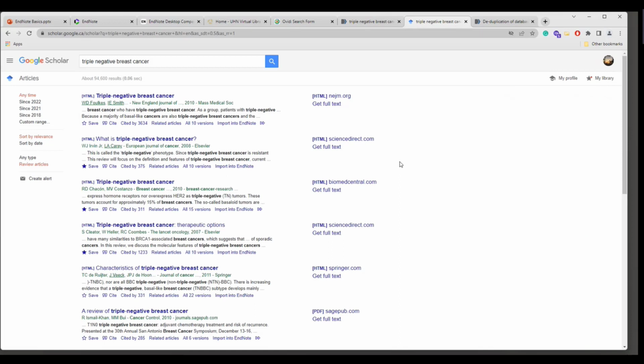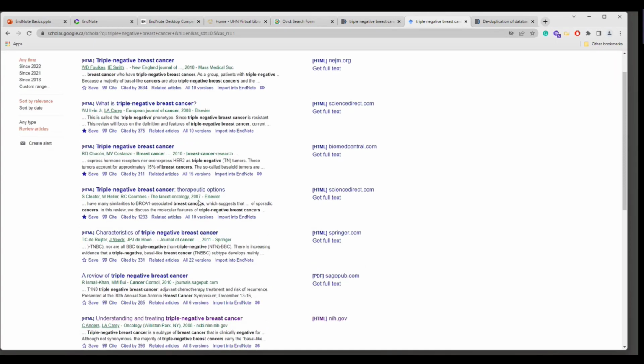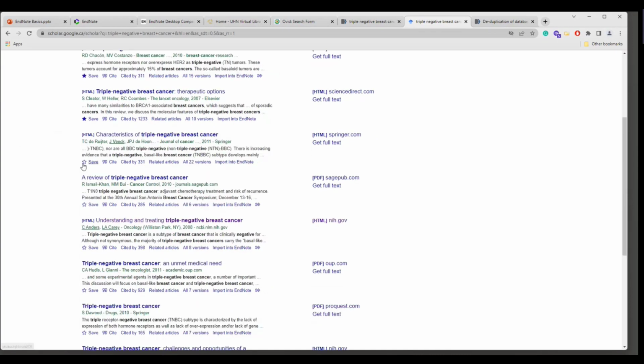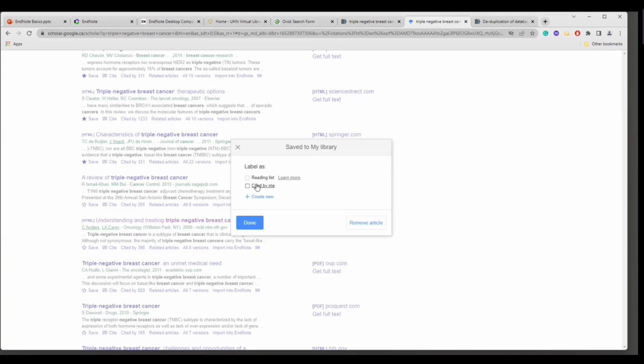In order to bring a batch of them, you have to log in using your Gmail. I already logged in, so Google knows my account now. To select a few of them, you click on the star sign, and then a window appears, asks you where you want to save them. I'm just going to put it on the reading list, but you can create a label based on your project, and done. Let's bring another one,